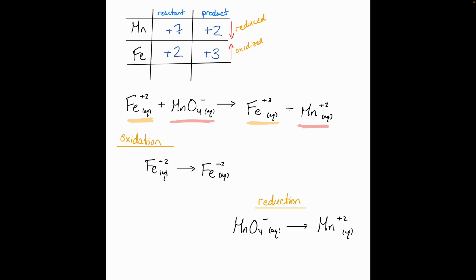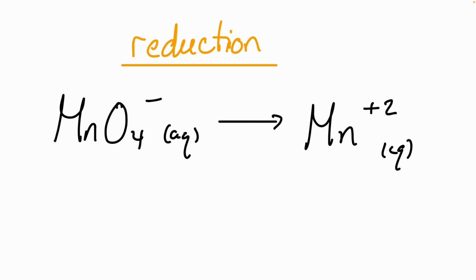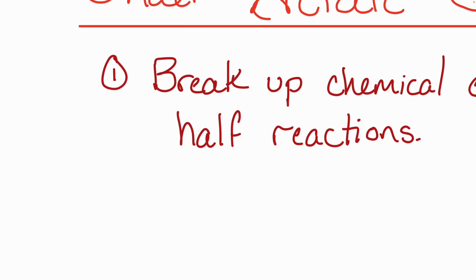Cool, and so what we're going to see, again, we said acidic conditions means that we assume there's water and hydrogen ions floating around. If we look at this reduction half reaction, you're going to see the difference between this and our previous example. All of a sudden on this side, I have oxygen atoms, and I don't have any on my product side. What the heck? Well, again, there's going to be water and hydrogen ions present, and that's going to come into play in this balancing. First step, though, or next step, rather,